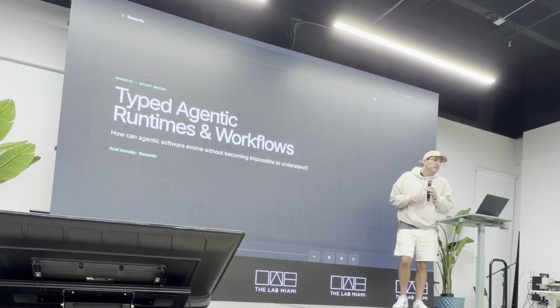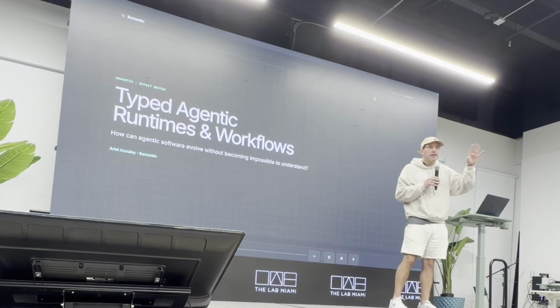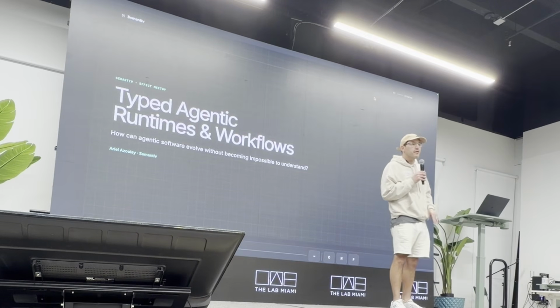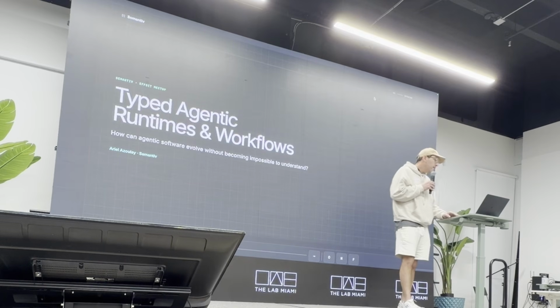All right, so this one's going to be pretty short. Let's see. It's been kind of a mental map that I have been going through in order to understand how to build agentic applications. So my first question is,